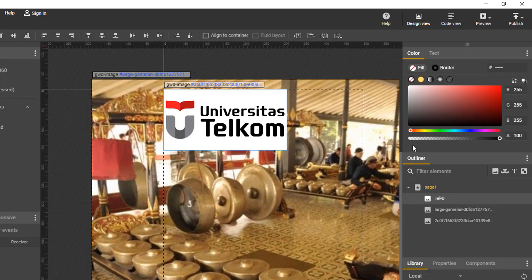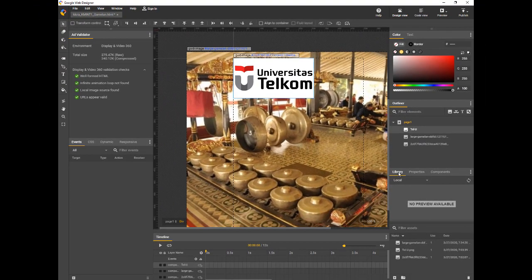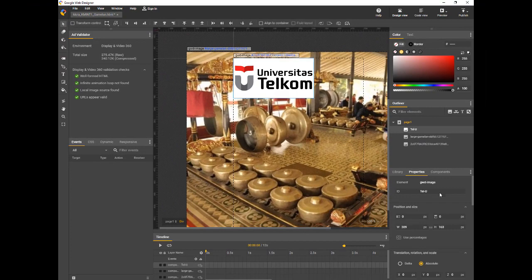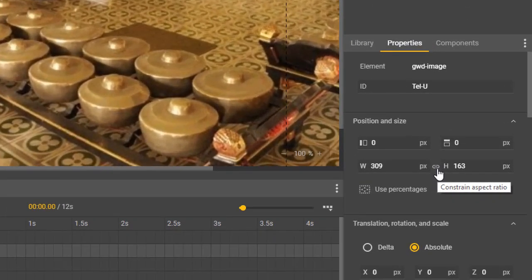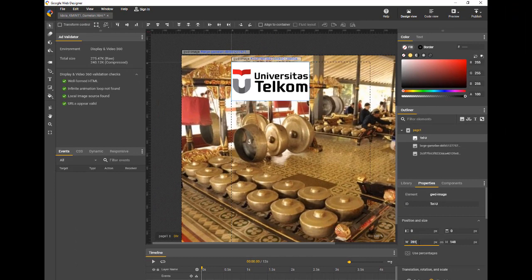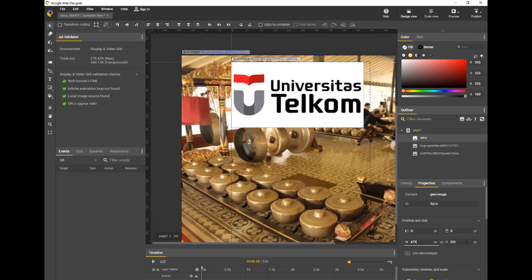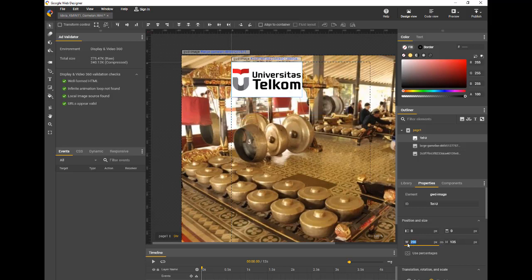In the library and the outliner, you click the image, then go to the properties and click the constraint aspect ratio, the hook symbol between them. Then you can use your mouse to make the picture bigger and smaller.